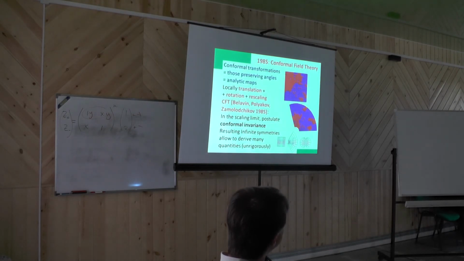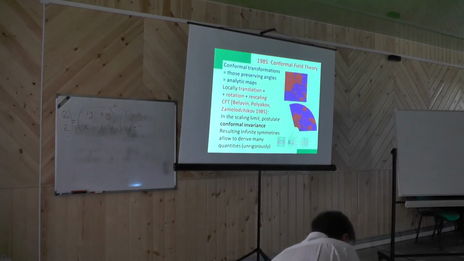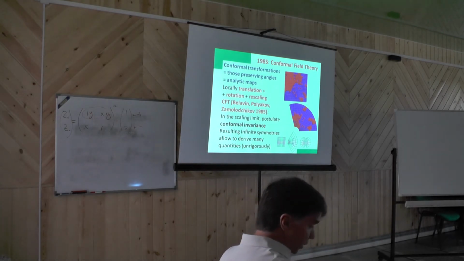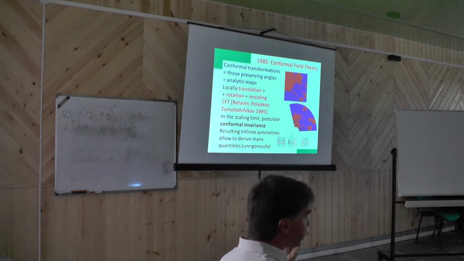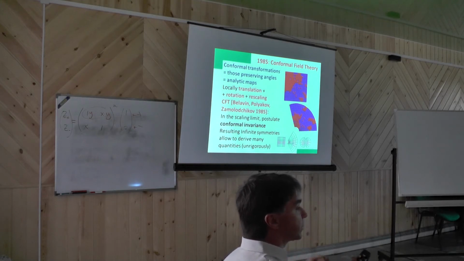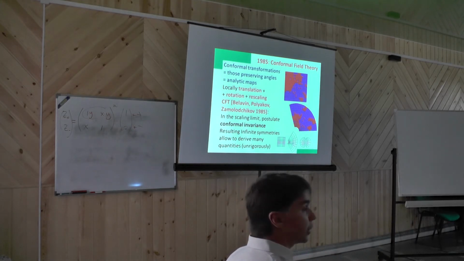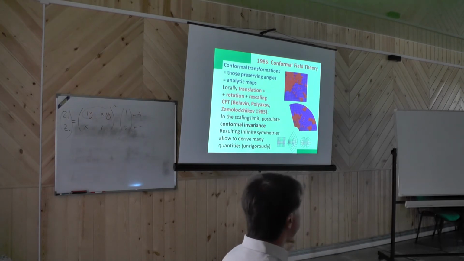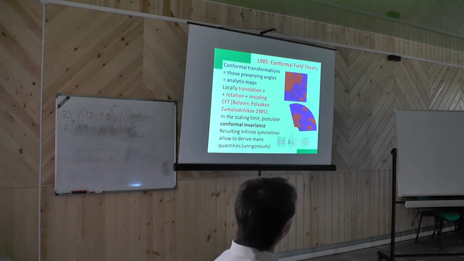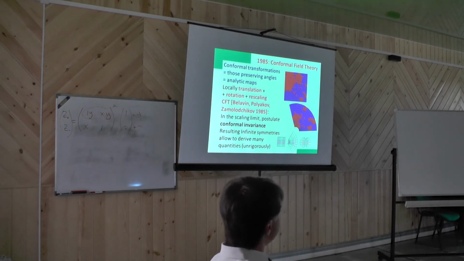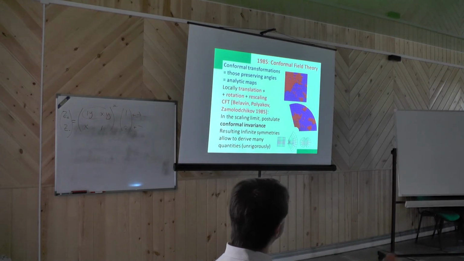Now the next thing which happened is that if you believe that this Curie point is unique and so important, it will be invariant under rotations and translations and shrinking. For example, shrinking by 4 invariance comes because you have this block spin renormalization. And we know that conformal transformations are those transformations which locally are translations, rotations, and rescaling. And then Polyakov with Belavin and Zamolodchikov made this leap of faith. They said that if the Curie point is invariant under translation, rotation, and rescaling, it should be invariant under all